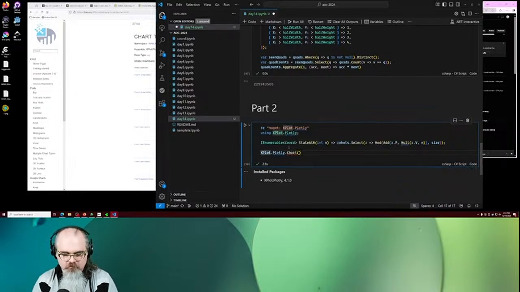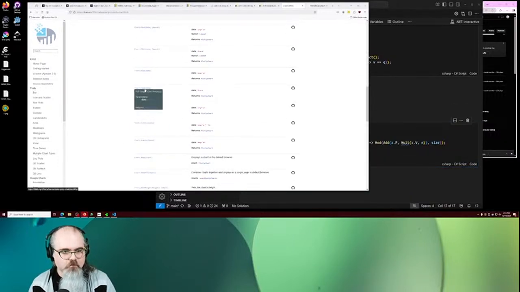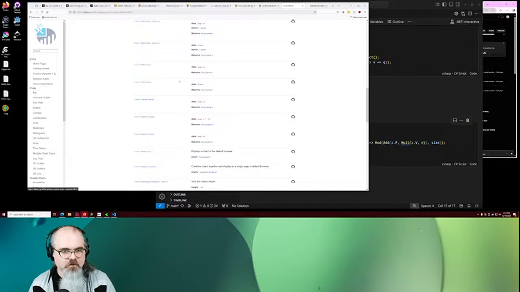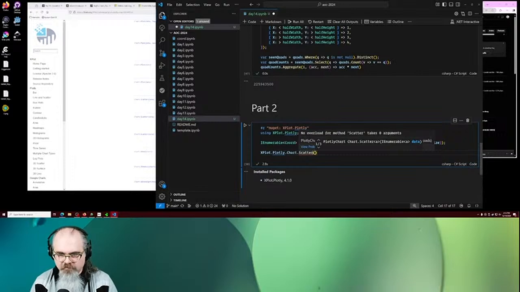Hang on. New xplot.plotly.chart. No, sorry, chart dot, we don't want bar, we don't want area, I want chart dot scatter. Or what is a chart dot plot? Yeah, chart dot scatter. And it wants an IEnumerable A of data. I mean, what happens if I just give it,